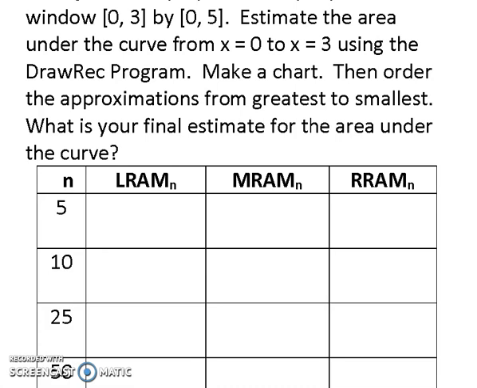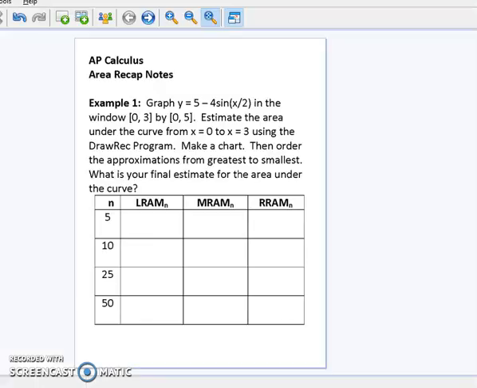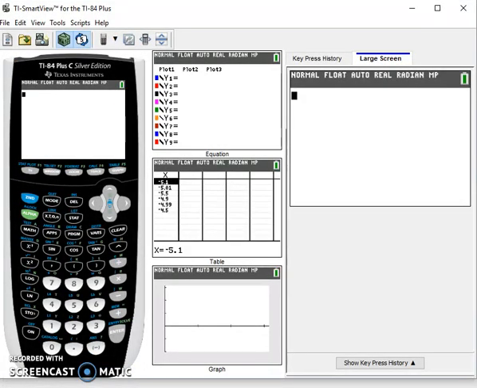So I want you to go to your calculator, and if you press the program menu, it is underneath the stat menu, then you should have a DrawRec program there. You may have the other program that you see there as well, but that's not the one we're talking about today. We're talking about the DrawRec program. So you're going to choose that program, and then you're going to hit enter, and it's going to take you